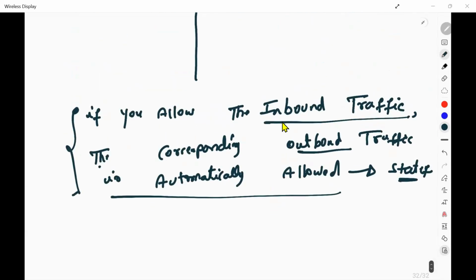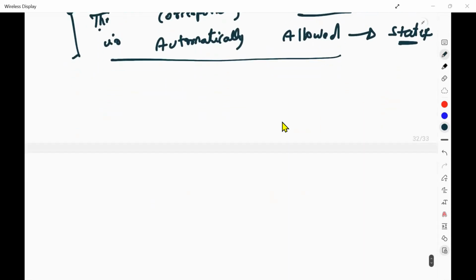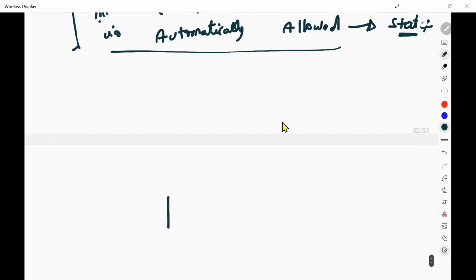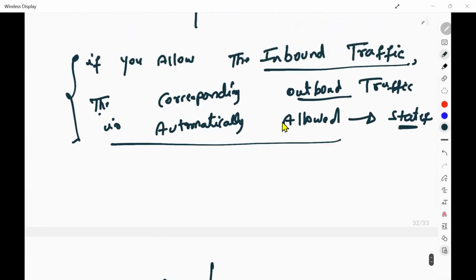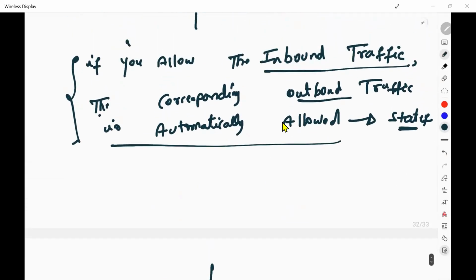Is it similar to your security guard example? Once the guest is allowed inside after checking, once the check is done, while coming back, nobody is going to check that person. Just apply the same thing here.